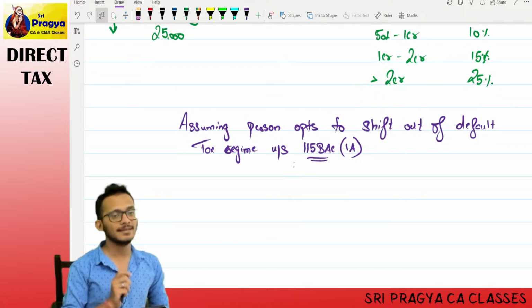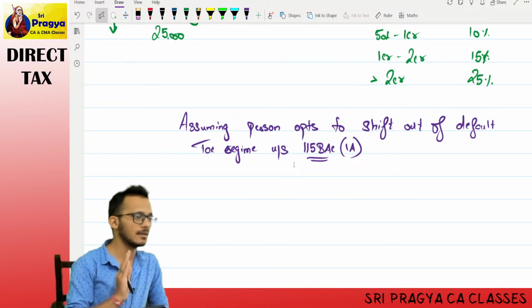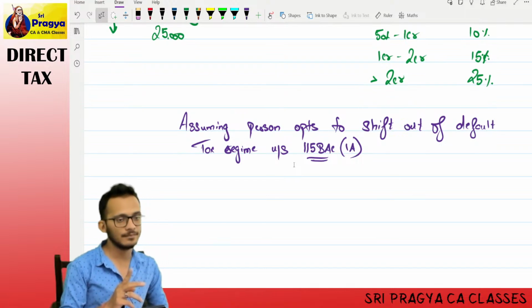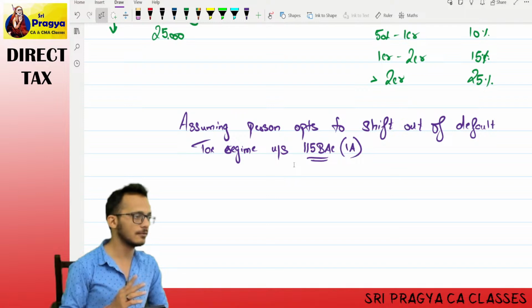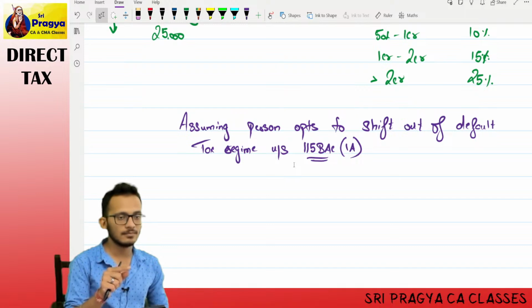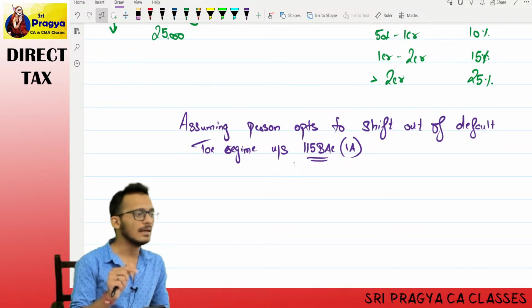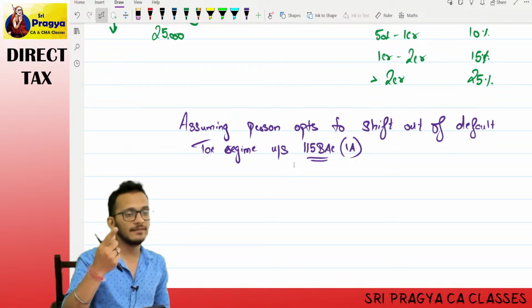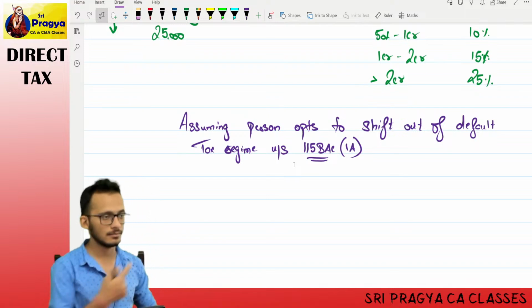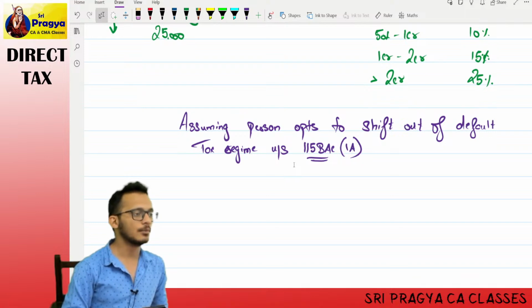If the question says compute tax in the most beneficial manner, it means you need to check for both. Now you will say, yes Rahul, default, because income is same. But subsequently, when we do, incomes will change, so you have to check for both. That is why the golden rules say step number 12: 10 or 11, whichever is higher, versus 9, whichever is lower. Right now we have not discussed 11, so it is 10 or 9, whichever is lower. That is what we have done.